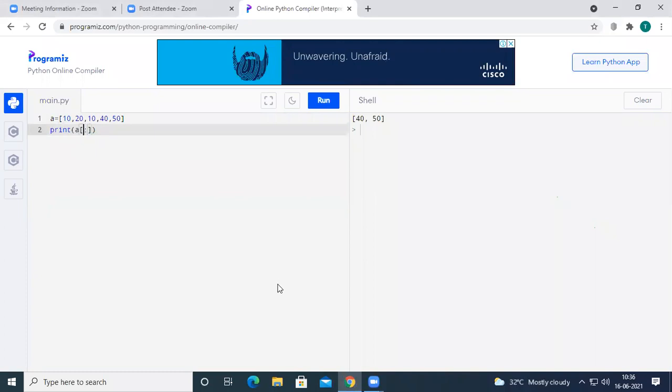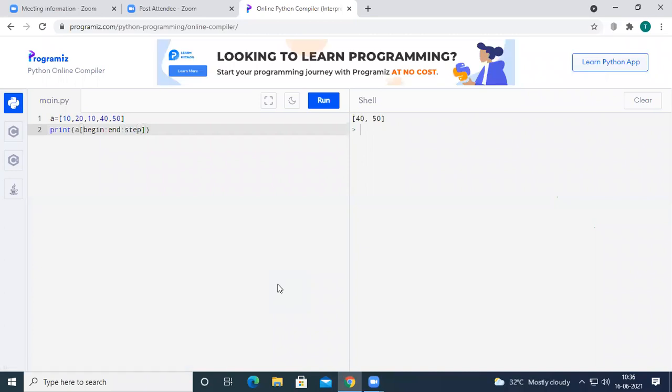At the same time, we have already seen the reversing of a string. Here, if you want to reverse the given list, just maintain nothing at the begin index, nothing at the end index, and at step just maintain -1.